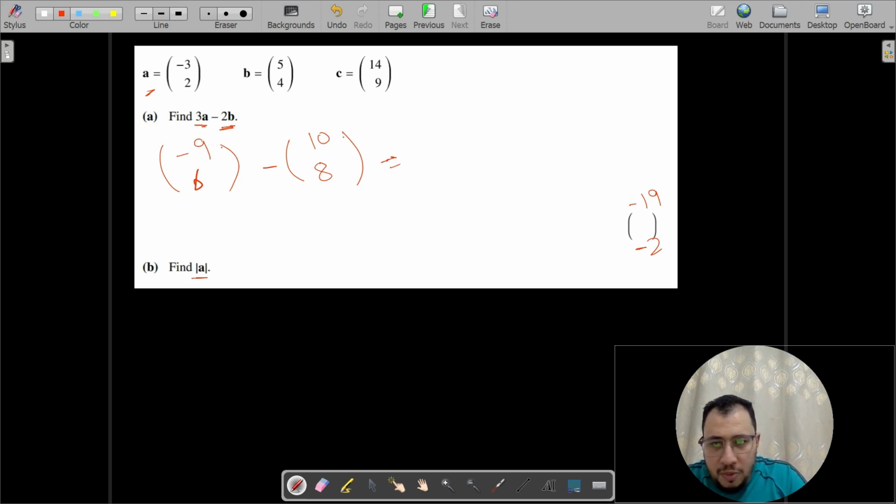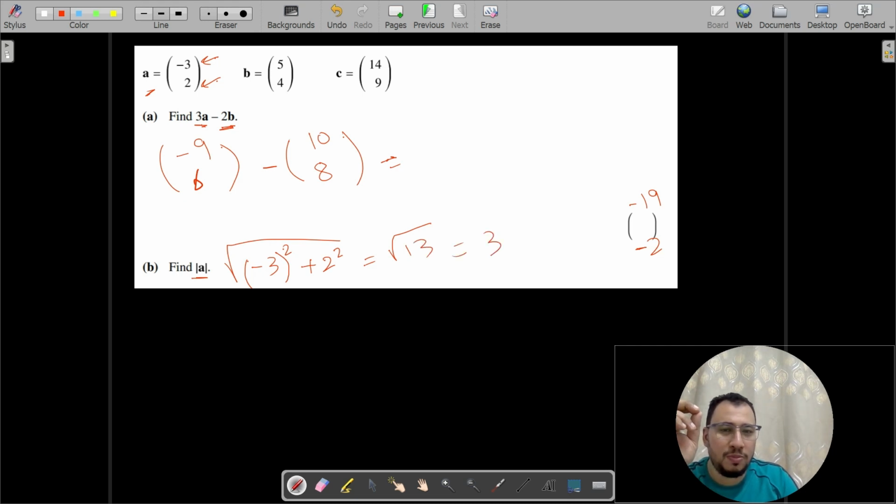Find modulus of A. As I just mentioned, to find the modulus is the same as finding hypotenuse in Pythagoras. Here, square root. When you write here A, negative 3 and 2, please pay attention. Negative 3 squared. Many students are writing it like that, which is completely wrong. Don't you ever do it this way. You have to put the negative 3 in brackets, then put power of 2 outside, because the squared will affect the negative also. Plus 2 squared, and in this case the answer is going to be square root of 13,